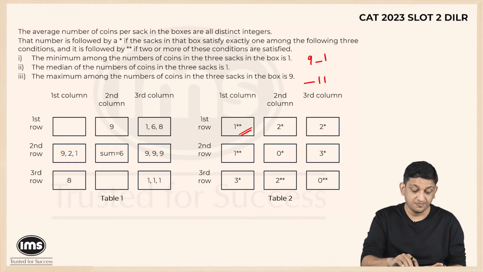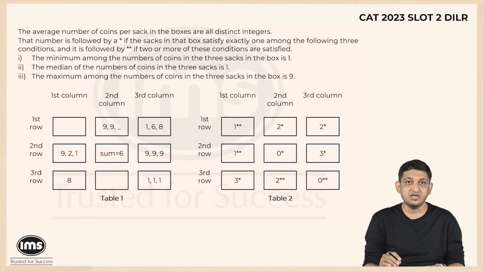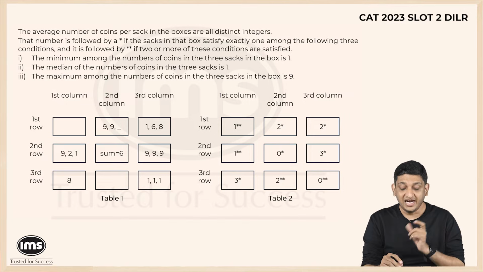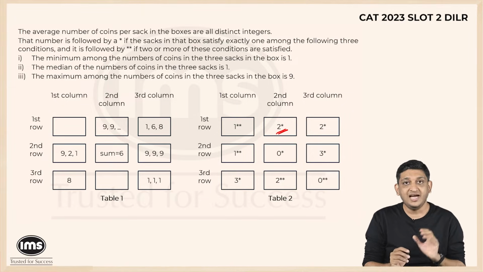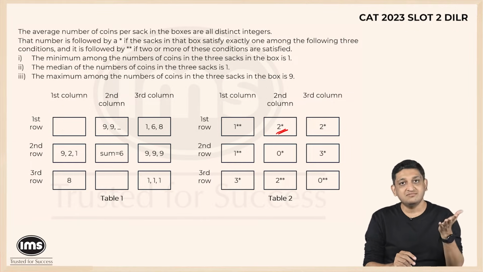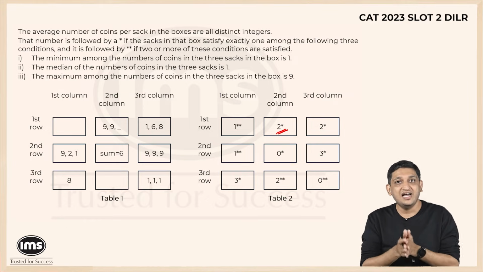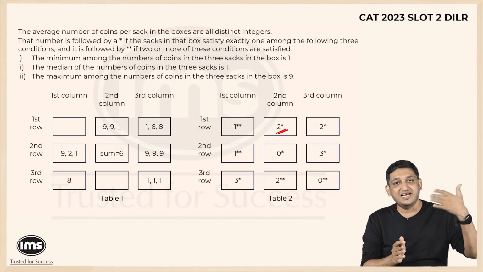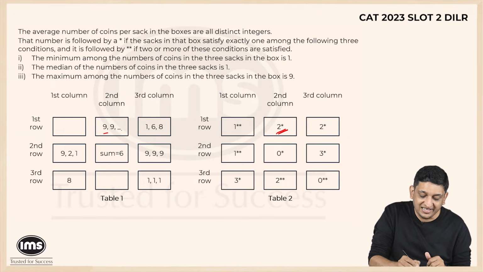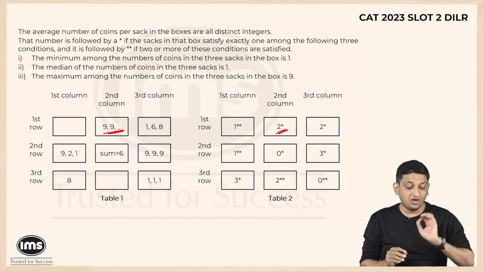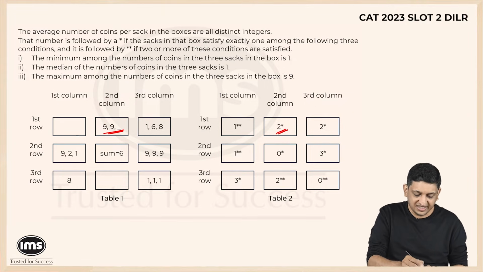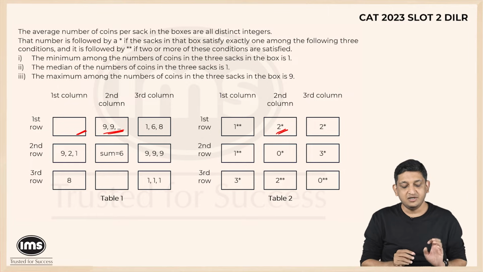So this is one thing that will help us try and figure out what exactly should be the configuration of this box. Now if you look at what is happening in this particular context, at the second column and the first row, we knew that the median was 9. And we also knew that there were 2 boxes that were greater than 5 and 1 star was there. Now if 9 is the median, 9 basically means that 9 is the middle value. I know for sure that 9 has to be the middle value. 9 is also the maximum that is possible. So 9, 9, dash has to be the configuration of the second column first row box that we have here, right? So this again is something that we have kept in mind, but the second column first row box is 9, 9, dash that we have.